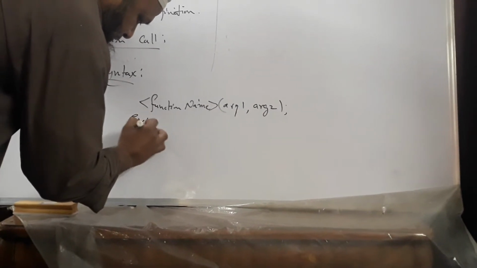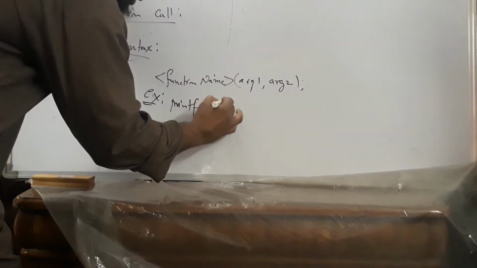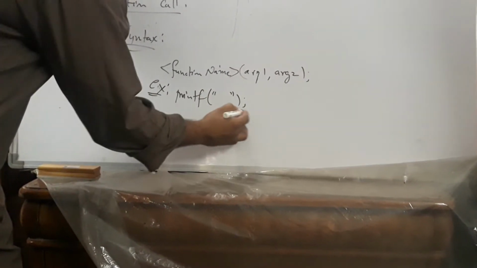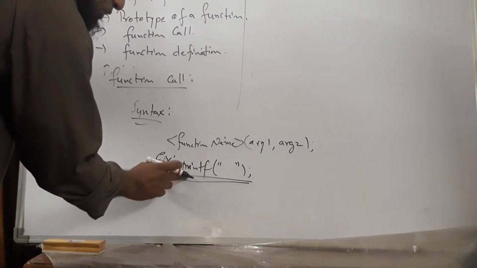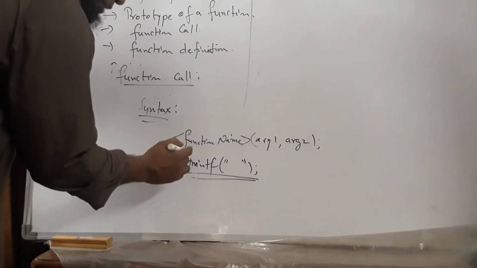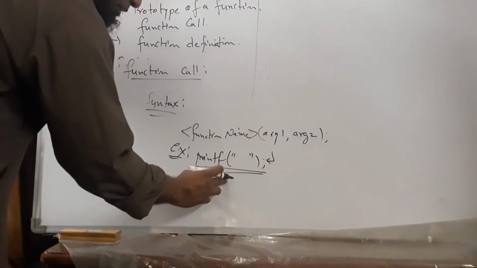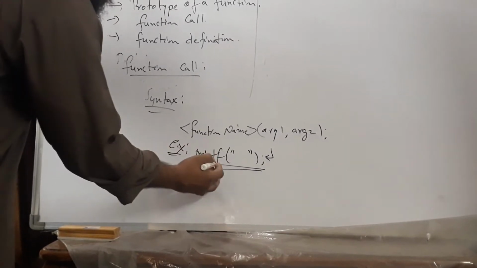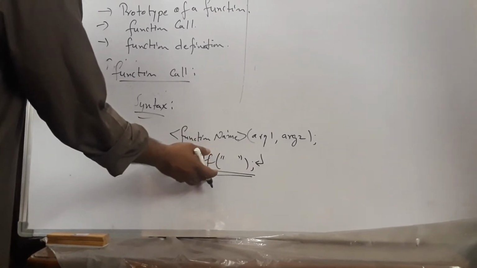for example, like I have given you for the built-in functions like printf. The basic functionality of printf is to print something on the screen. So we just write and call this function in our code, and as the control comes to this particular line, it will check whether a function by this name exists or not. If it exists, then as per the functionality of this function, it will perform that functionality.